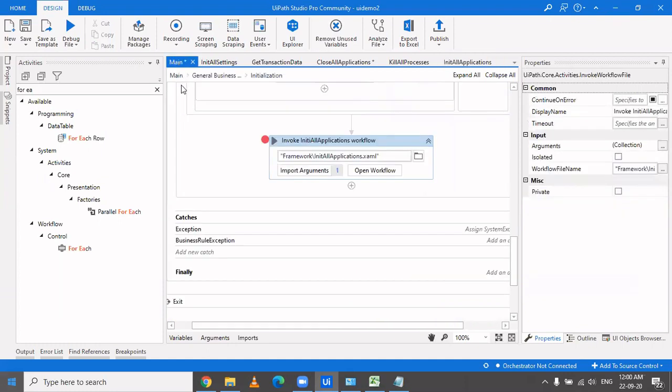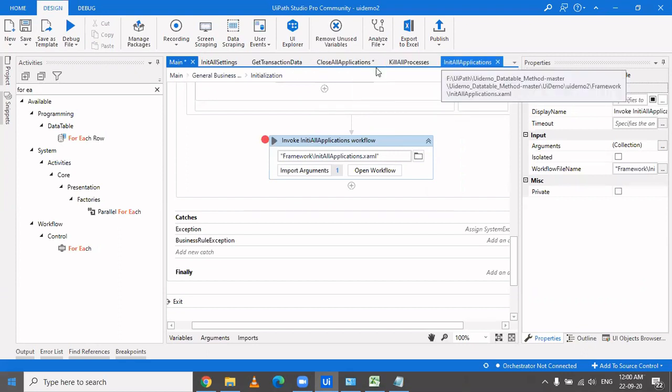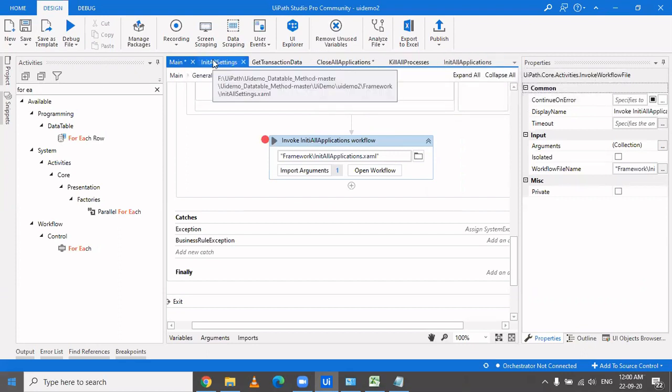What type of exception are we throwing? Usually it totally depends on the setup. If you have to notify your support team, or if there is a support team which is looking into all this, then you can throw a system exception and notify the support team. But if the business says that, okay, I also want the notification, then you can throw the business exception, and then accordingly you can notify the business. So it's all up to the process, how you tackle the exception.